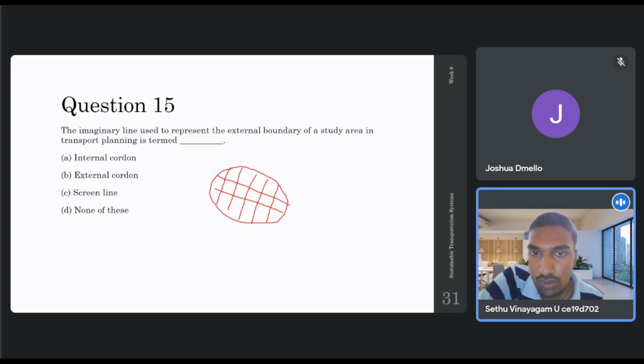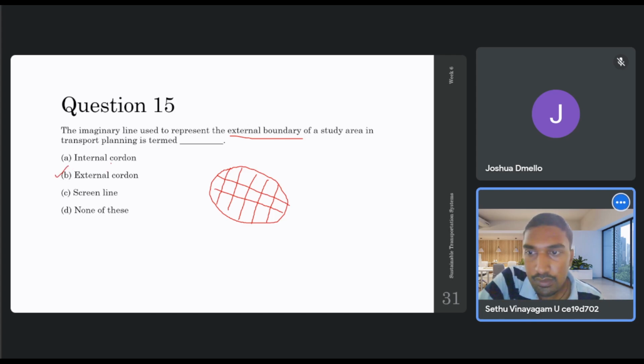So one tells us what is the outermost periphery of the study area, right? So that is the external cordon line. And then the lines within that study area are the internal cordon lines, right? So here we are talking about the external boundary. The external boundary is given by the external cordon line, right? So therefore the right option is